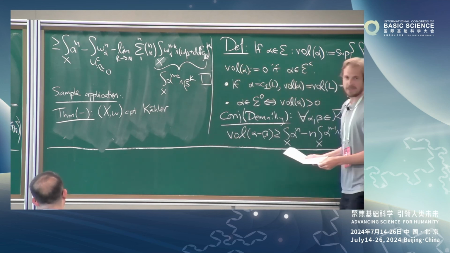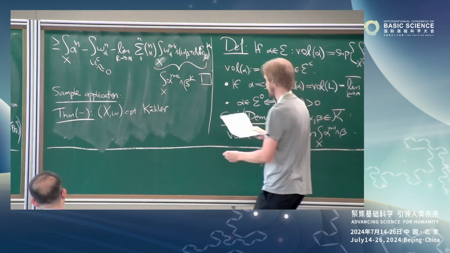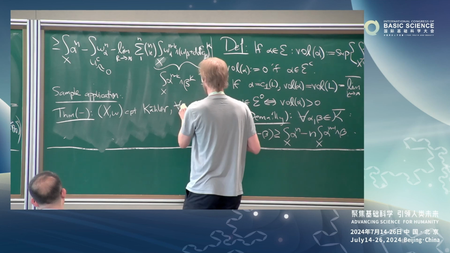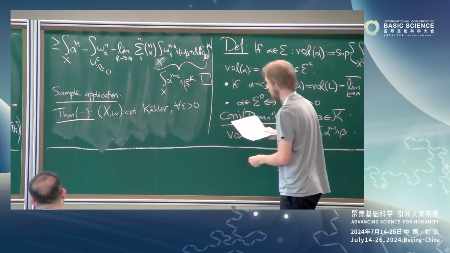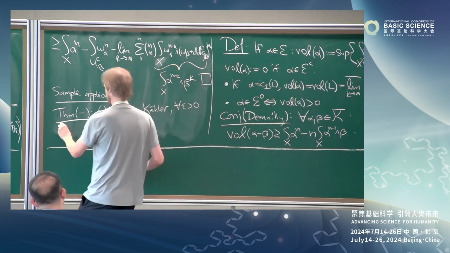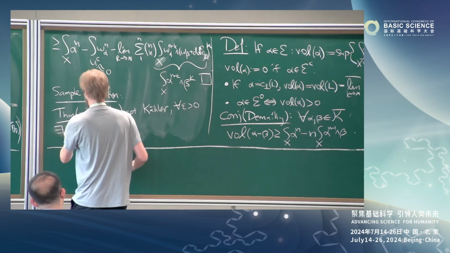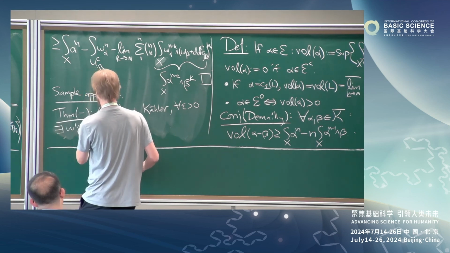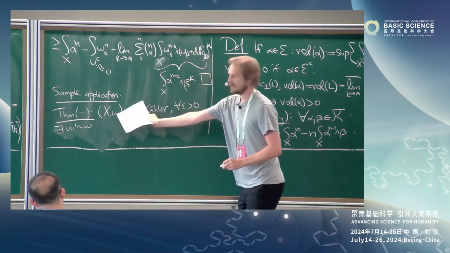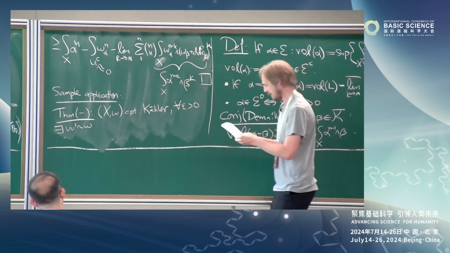Say that you have a compact Kähler manifold, then for all positive epsilon, you can find some Kähler form in the same class as the given one,